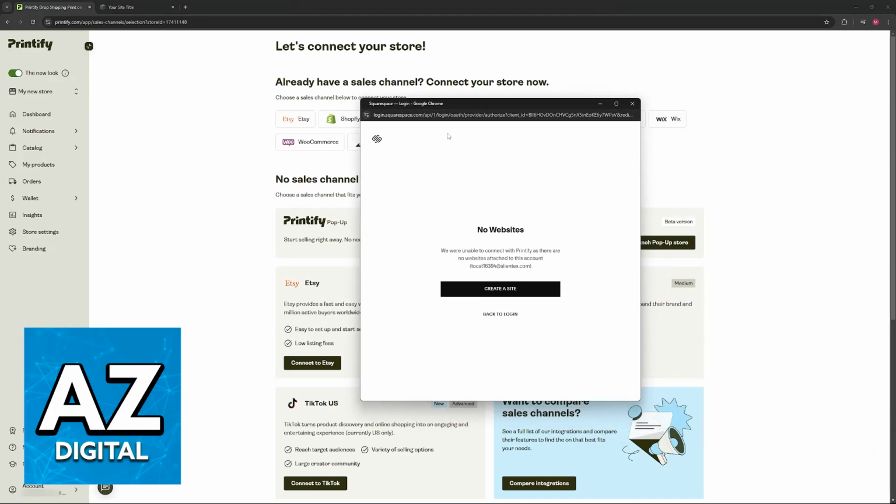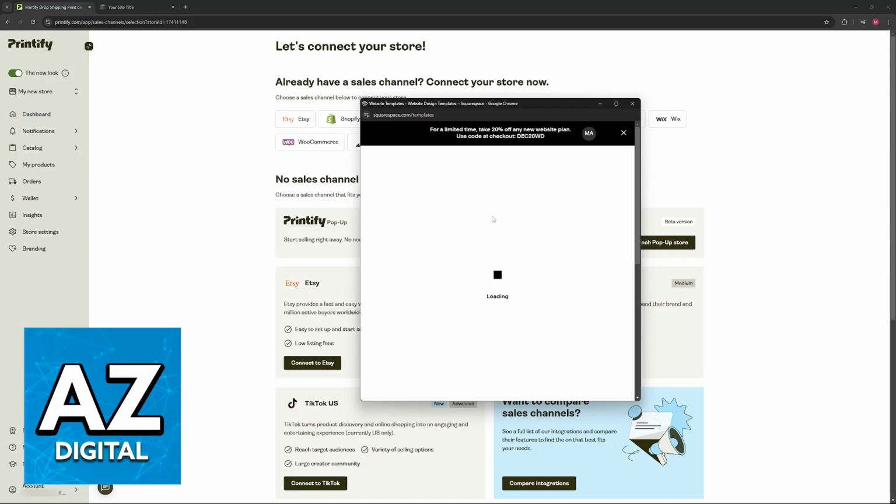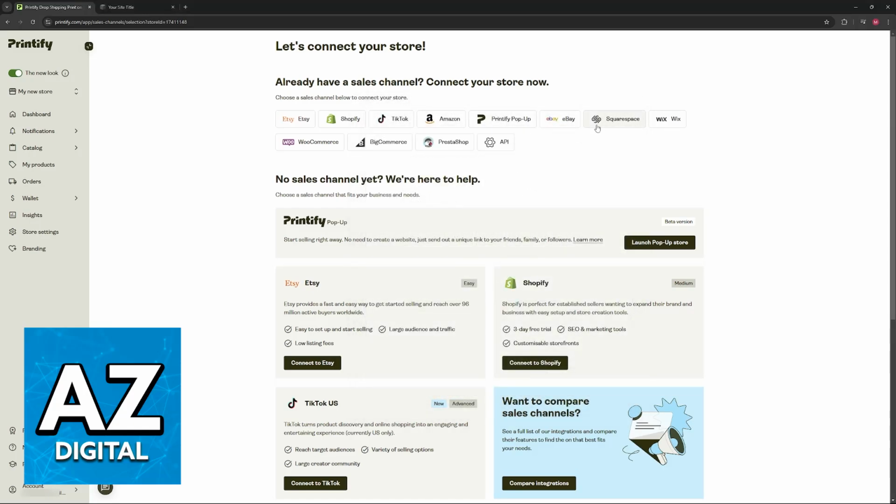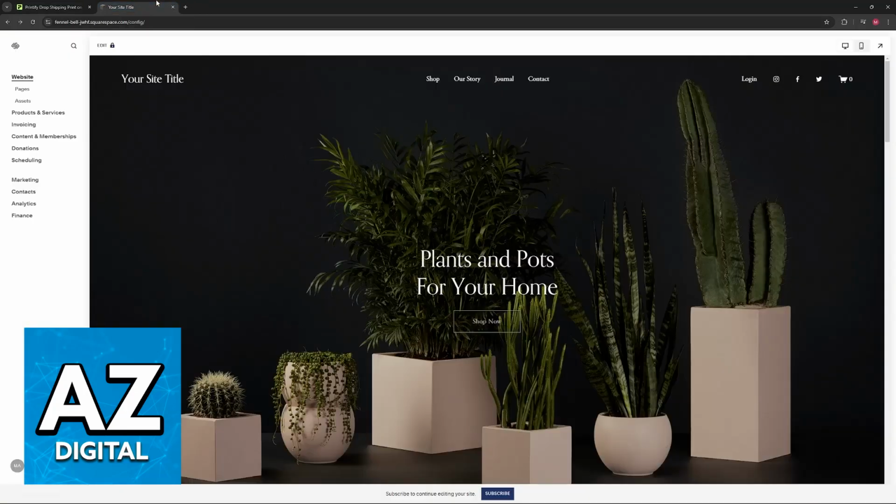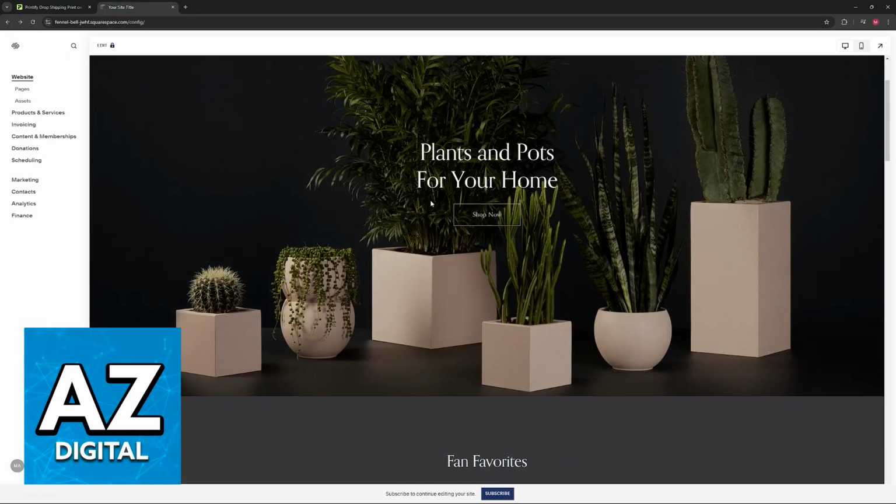What you will notice is that for my account, it isn't going to be able to connect because I don't have any storefront set up on Squarespace. However, if you do, it is going to appear here automatically, and as soon as you click it, you will be able to proceed to the terms. You will have to agree with the permissions asked by Squarespace, and as long as you grant the permissions needed, then both services will be connected, and the store that is set up on Squarespace will be integrated with Printify. You will be able to find all of your products and manage them from your Printify dashboard.